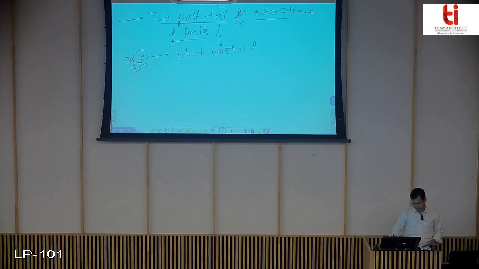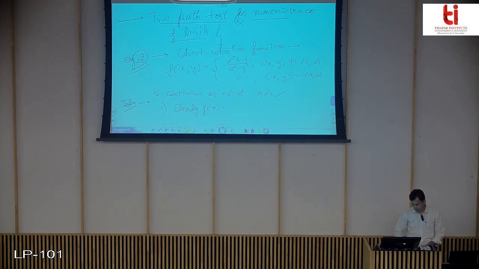Check whether the function f(x,y) equals (x² + y)/(x² − y) when (x,y) is not equal to (0,0), and 0 when (x,y) equals (0,0), is continuous or not at the point (0,0). So here you have to check whether the given function is continuous at the given point (0,0) or not. Using the definition of continuity,